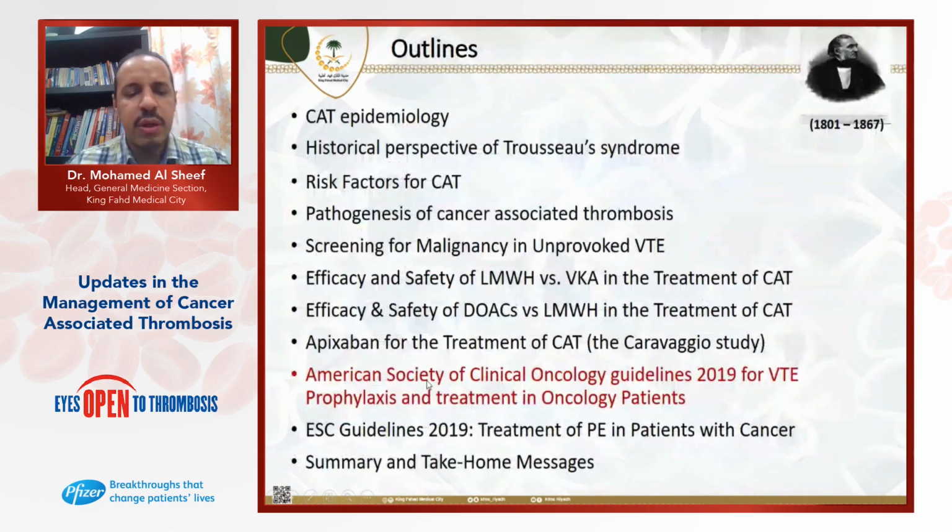Now talking about the guidelines. We have the recently published ASCO, American Society of Clinical Oncology guideline, around October or December 2019, for prophylaxis and treatment in oncology patients. I focus on treatment here. And we have the European Society guideline 2019 on treatment of PE in patients with cancer. And we have the Saudi clinical practice guideline published in 2015. We don't have these clinical trials of drugs, so it focused mainly on low molecular weight heparin. Hopefully, we in Saudi Arabia are organizing